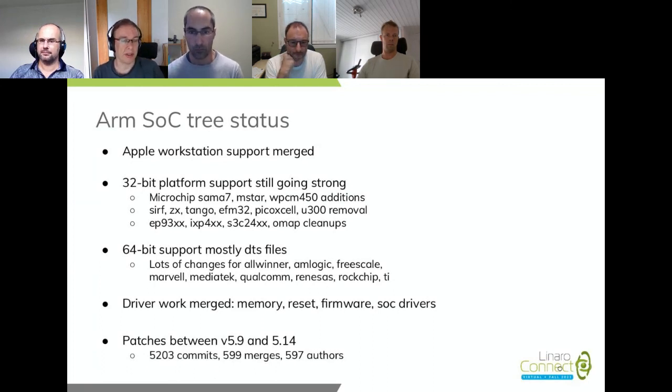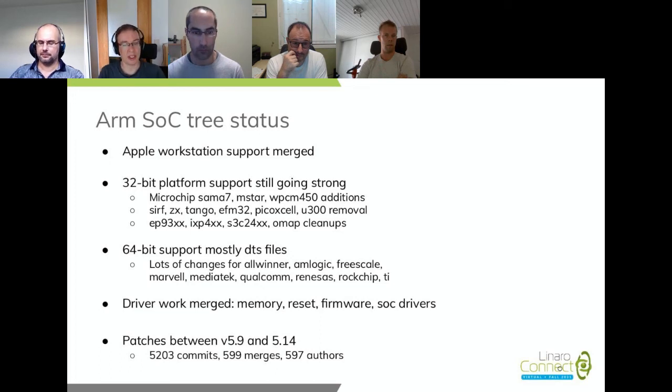We've had a couple of other SoCs. We had still 3 new 32-bit SoC families merged and lots of 32 and 64-bit SoCs in existing families. We also took the time last winter to remove a couple of older platforms that had just not been used in a couple of years. And then we still have a lot of work going into the existing code.